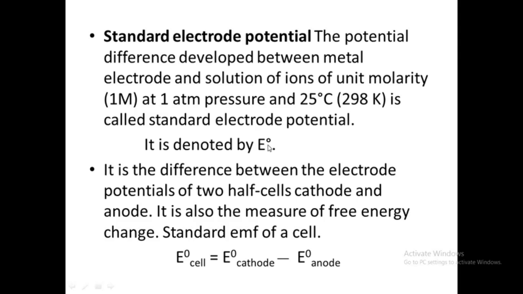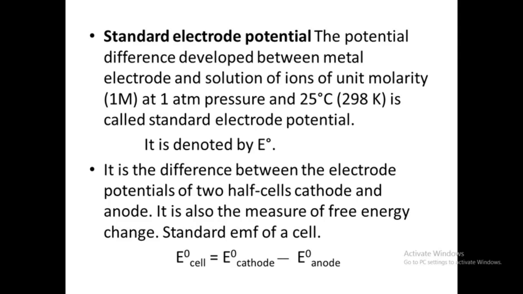Okay, and then the difference between electrode potential of two half cells, cathode and anode. We have seen that in the zinc electrode or zinc half cell, the electrode potential developed is minus 0.76 volt, and in case of the copper electrode or copper half cell, the standard electrode potential developed is 0.34 volt, and the difference between these two half cells,